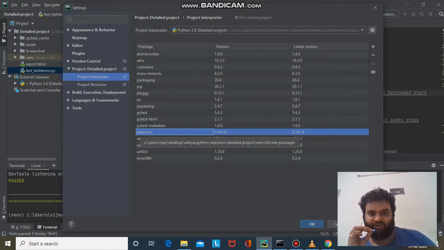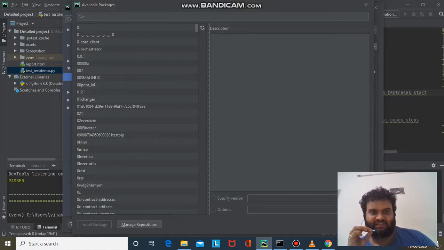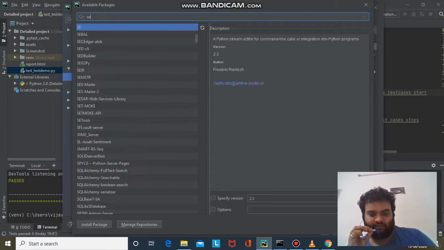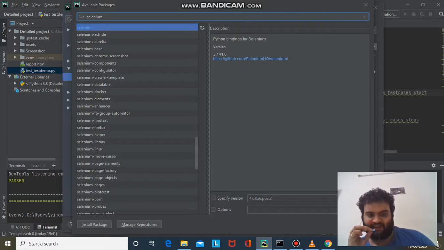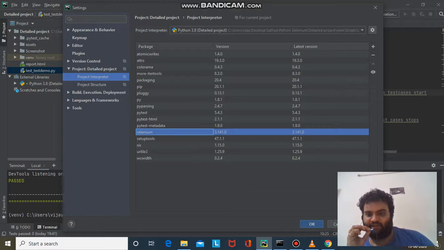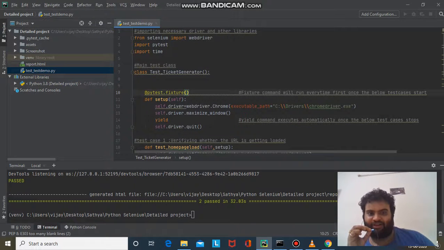In case you don't see them, you can simply click this plus sign, select the package, and click install package. That's it, automatically it will get installed. So I installed the necessary files and imported the drivers.